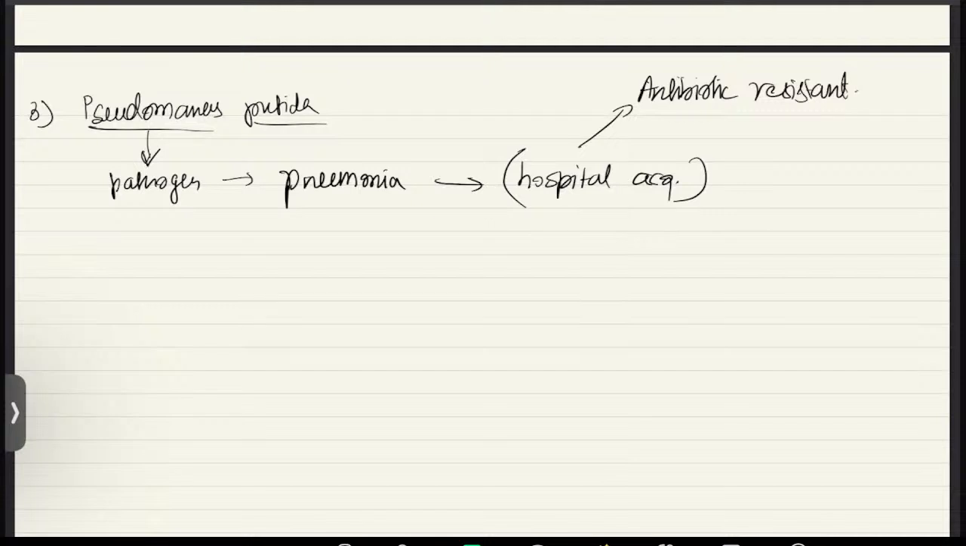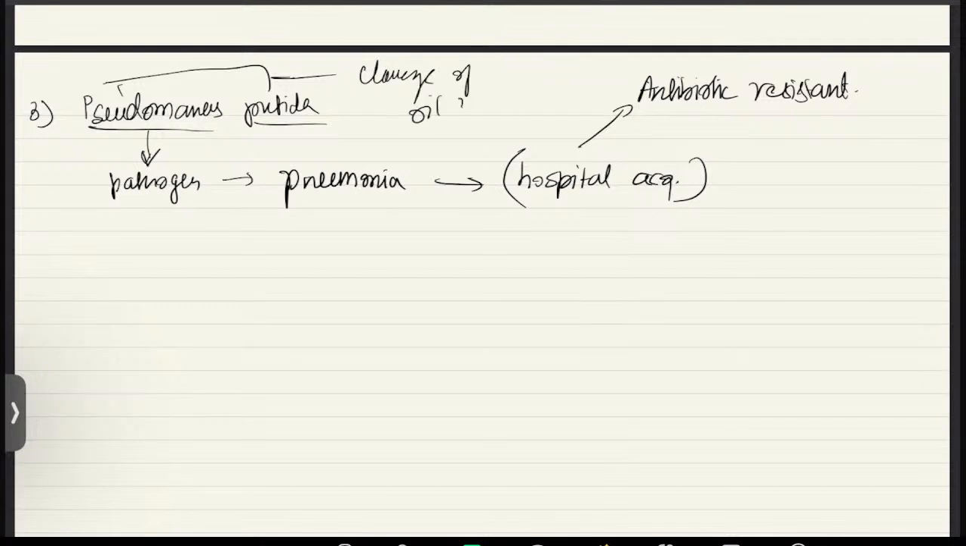Generally Pseudomonas species are found as pathogens. They cause pneumonia, hospital acquired pneumonia, and they're mostly antibiotic resistant. But this Pseudomonas putida is a genetically engineered Pseudomonas. What it does is, this whole organism is used for clearage of